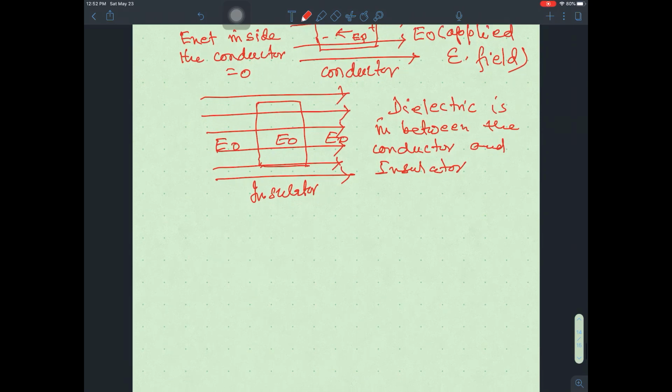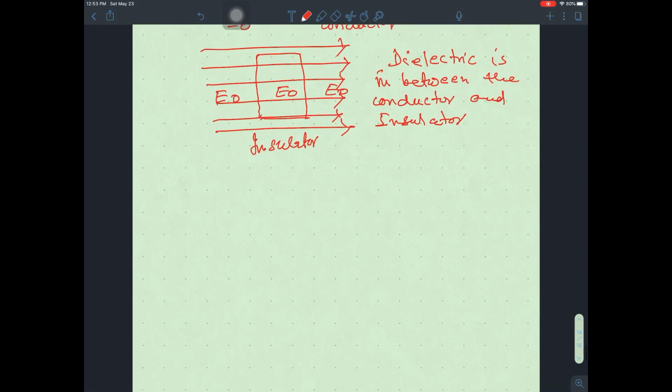Dielectric is in between the conductor and insulator. We are not concerned with the chemical properties of dielectric, only we have to understand the mechanism. So dielectrics are materials which are partially conducting and partially insulating. So we can write this: dielectrics